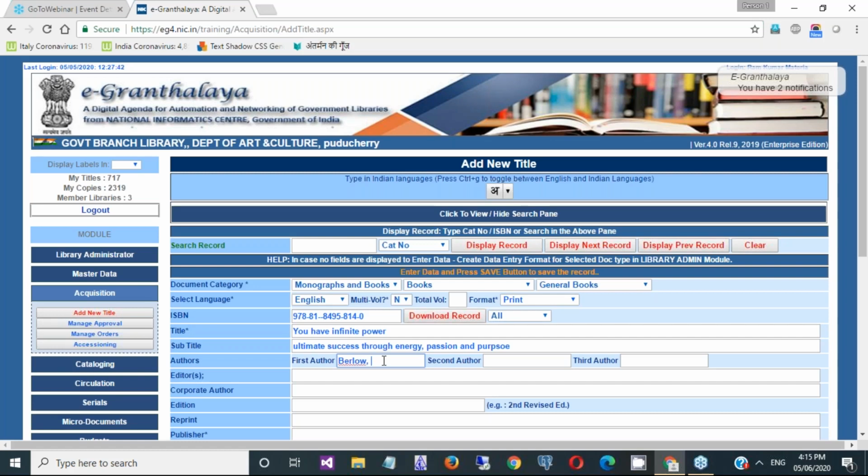We have written, and the file is already in the pipeline. We have given all kinds of reasons, and still it is pending. Once they allow it, downloading will start. So presently, EG4 is not downloading any book details due to a cyber security issue.